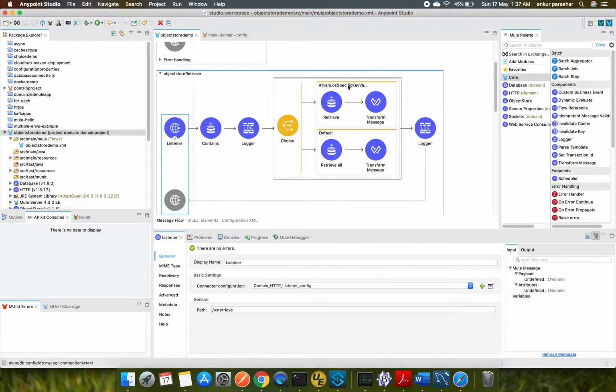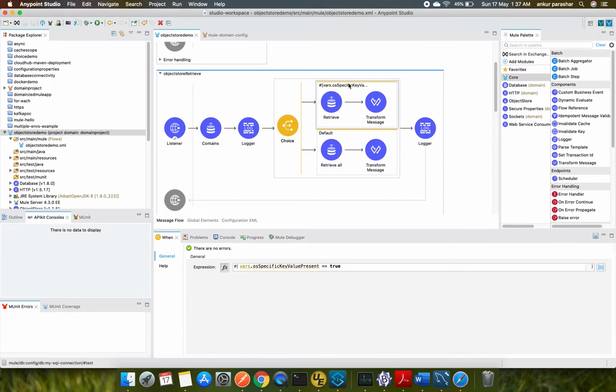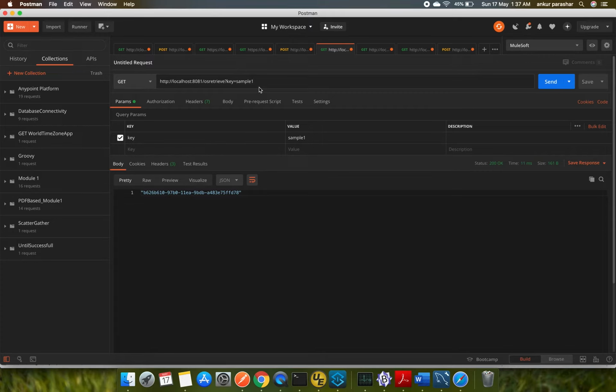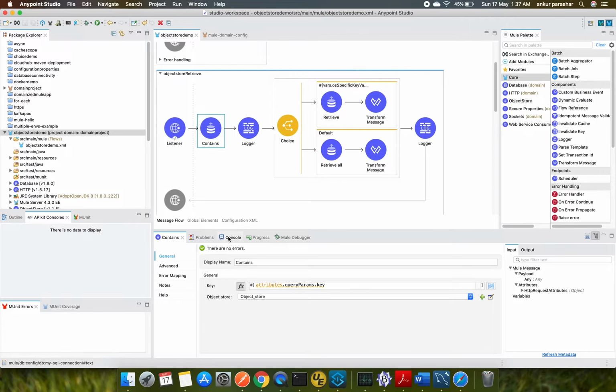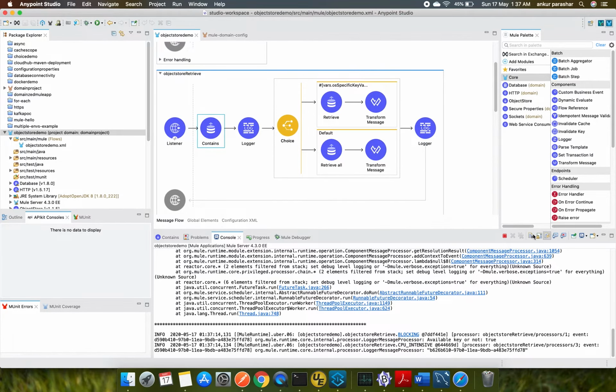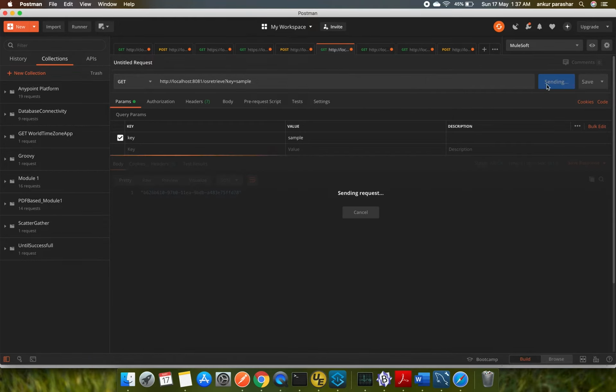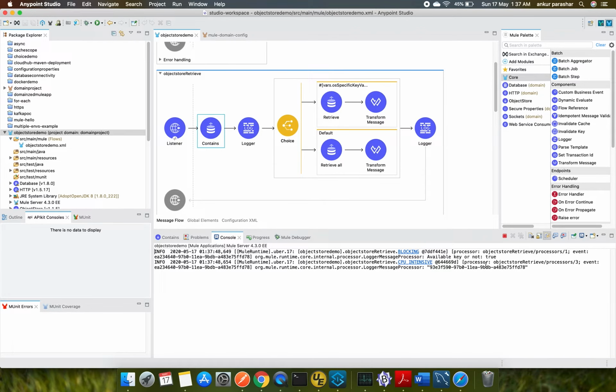OS retrieve, and I will mention the specific key as sample 1. I will clean up this project. So, available key or not.